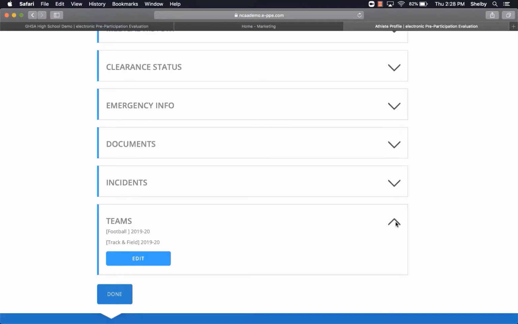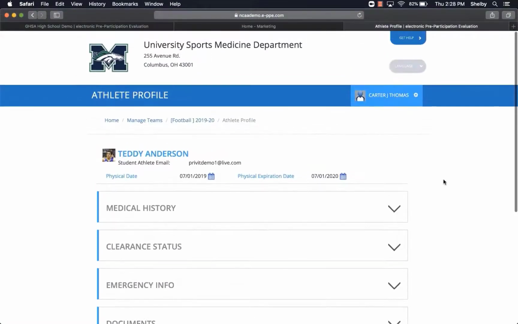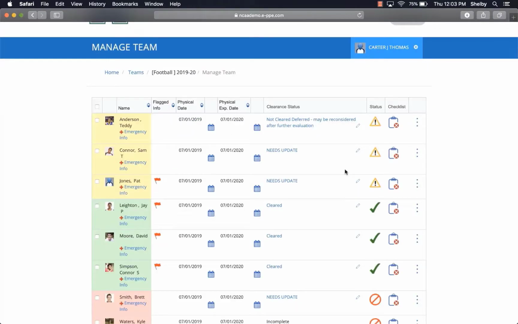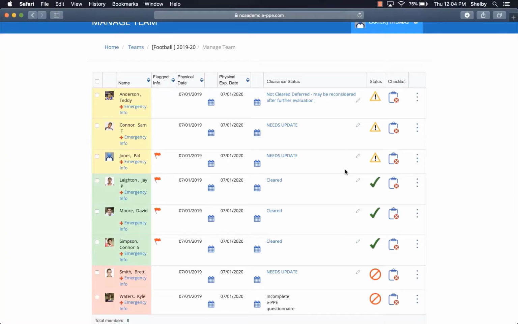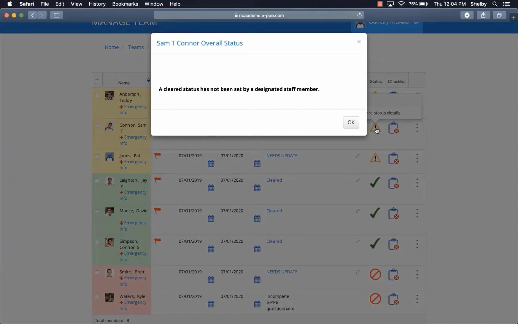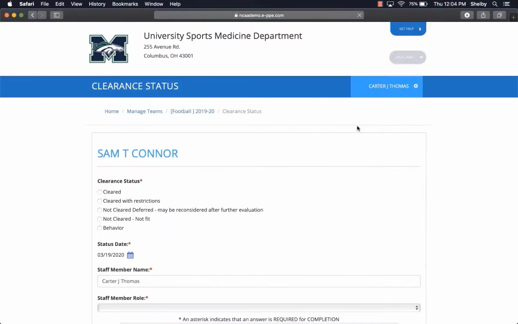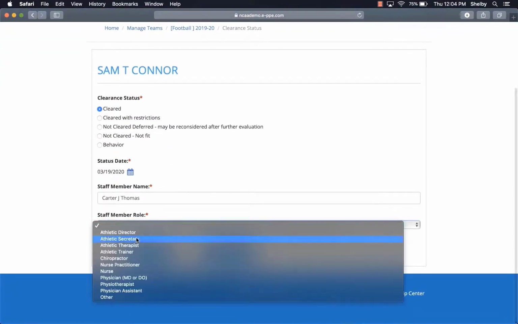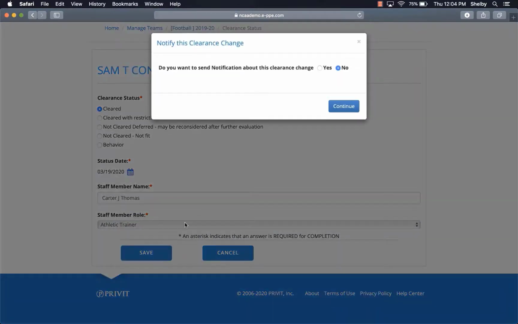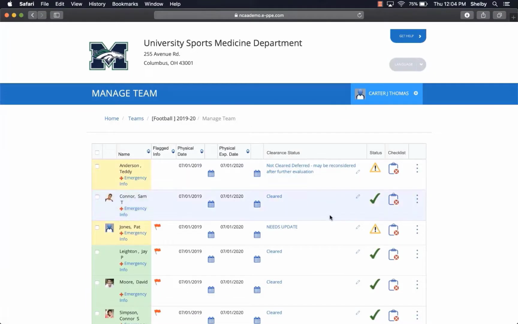There are many functions within the Manage Teams tab, but specifically managing an individual athlete is very easy. Changing the clearance status for an individual is really easy, especially because it's only done by the athletic trainer. In this case, we can look at Connor. He is good to go with his paperwork. All we have to do is set him as cleared. Selecting our role, in this case, we're not going to notify him. And then it changes